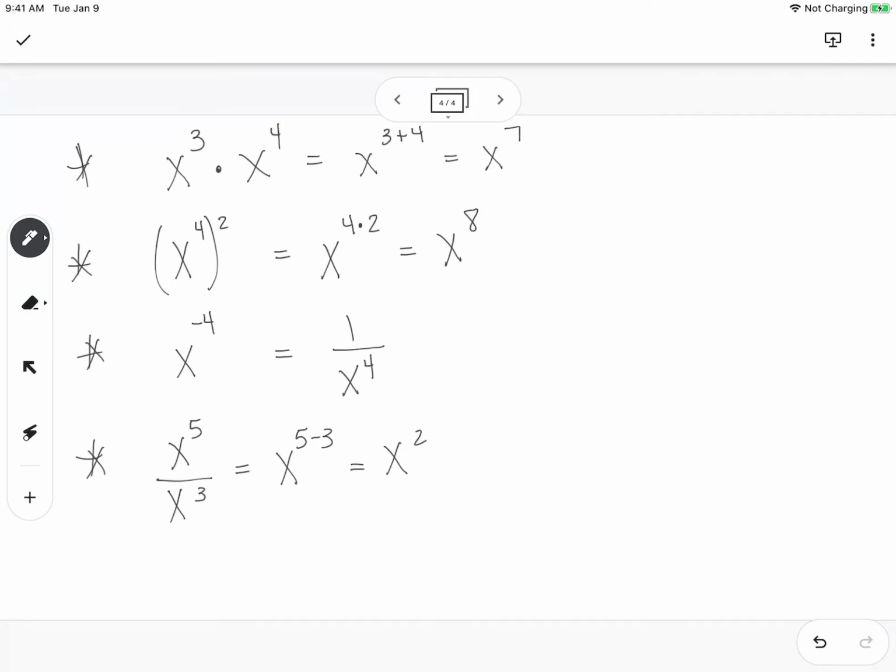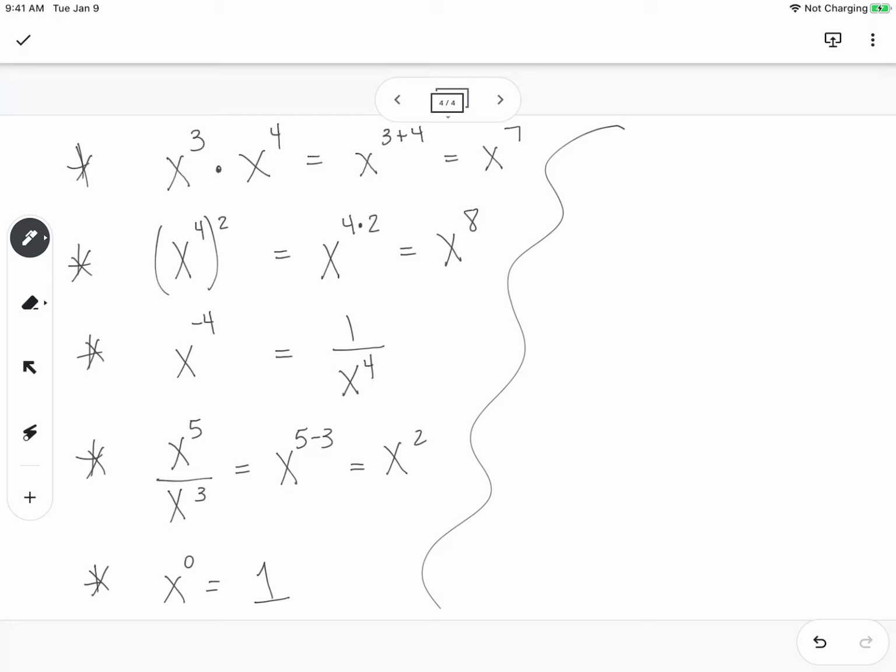You got your product rule, your power, your product to a power rule. One of those, I forget their names. It is important that you know their names. Negative exponent rule, and of course your quotient rule. And then of course anything to the 0 power equals 1. So this is from Math 1. And the only thing that we're going to do is we're going to put exponents on them. So for example,